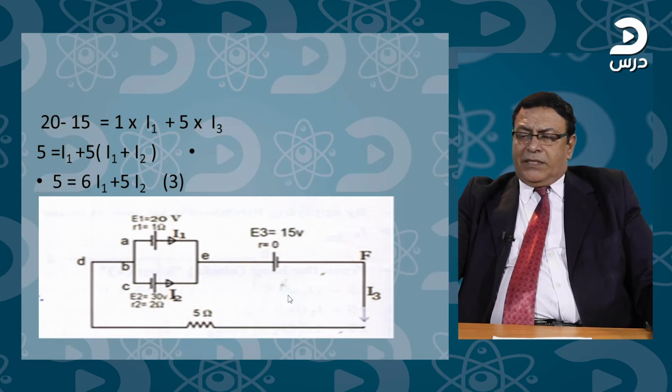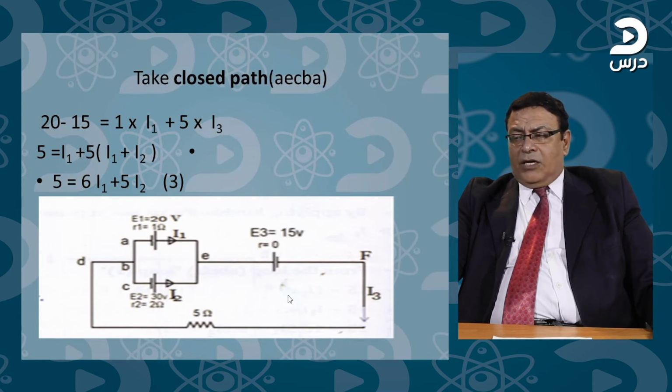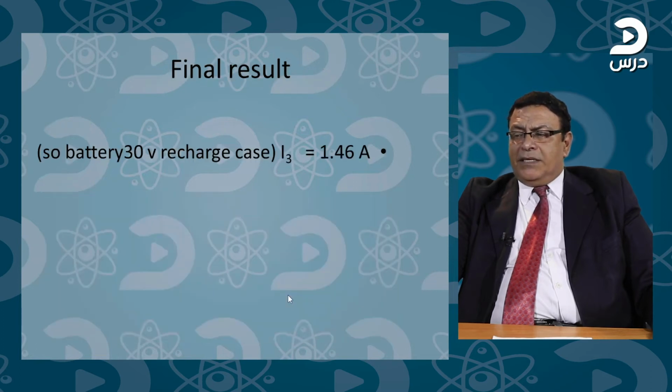So 20 minus 15 equal 5 equal I1 plus 5 multiply I1 plus I2, so the final result: 5 equal 6 I1 plus 5 I2. This is when we took the close path A, E, C, B, A. So the final result